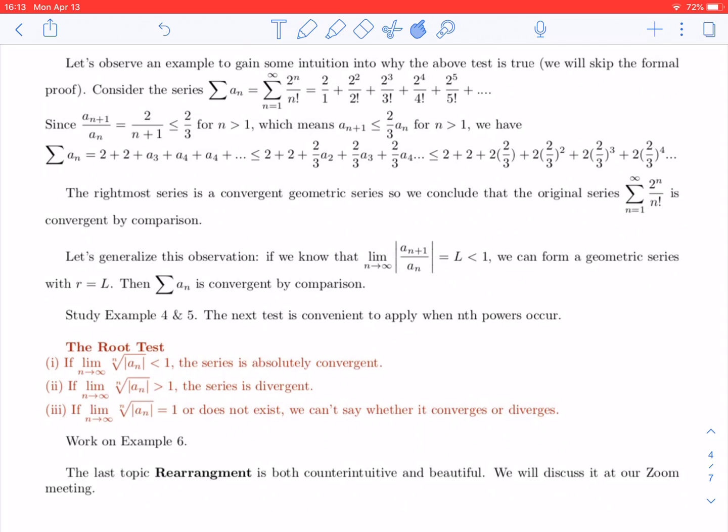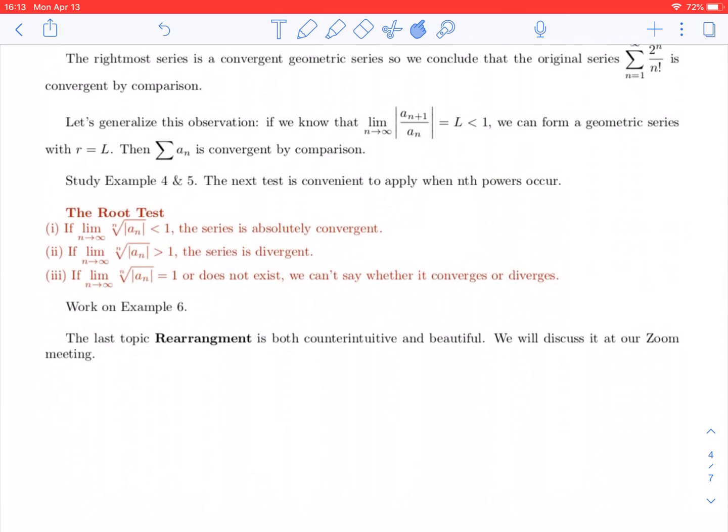All right, now pause the video and study these two examples. These are all good examples. And then the next test is called the root test. I'll let you study on your own, and then also work on example 6. The last topic, rearrange